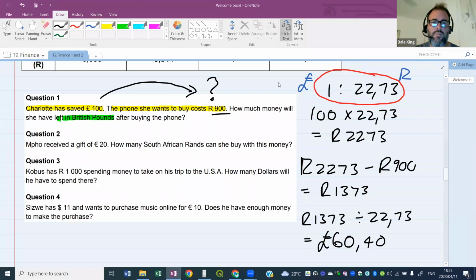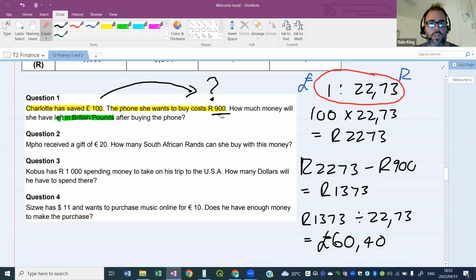There we go. Good stuff. Well done. The answers are coming in now. All right, let me walk you through it again. Let's look at the question. Remember, the math isn't that difficult. All we're doing is times and dividing here by 22,73. The math is not hard. We've got times, divide, and subtract.